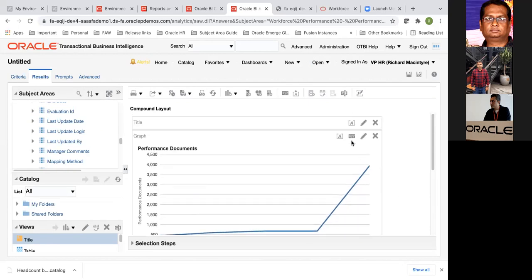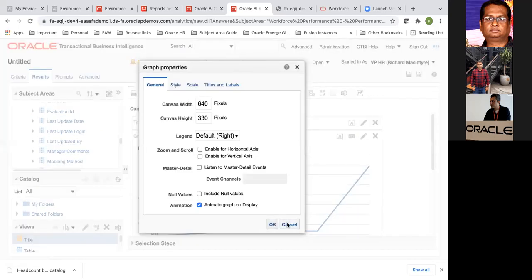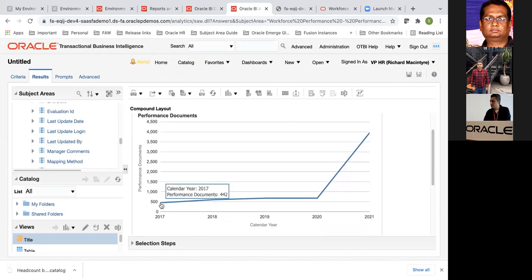So in between 2017, 18, 19, it was almost up to 20. The numbers were almost flat, not much variation. But I see suddenly in 2021 it has jumped. Either more people have been recruited, or more people have created performance appraisal documents. It could be because of a change in policy in my organization, or because of the voluntary involvement of workers in the performance appraisal cycle. I see a jump in my trend.